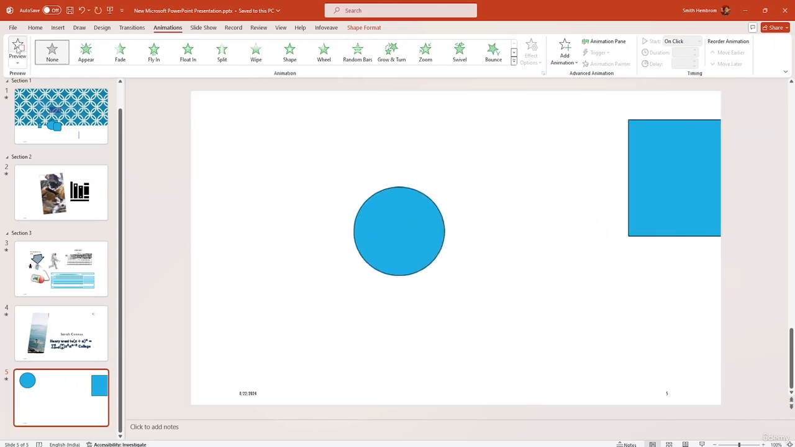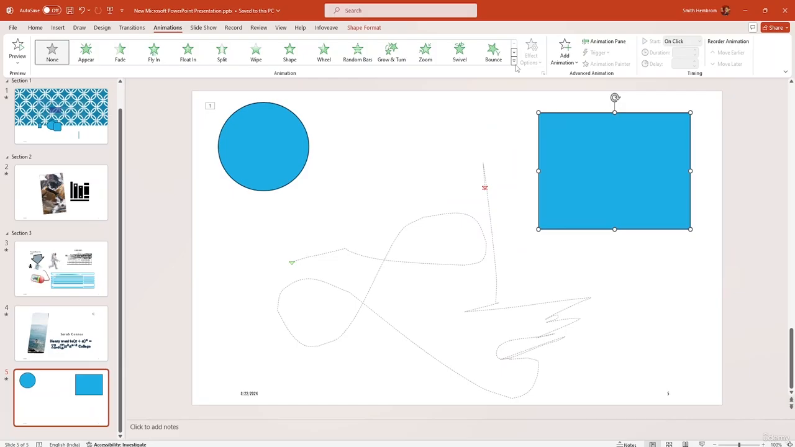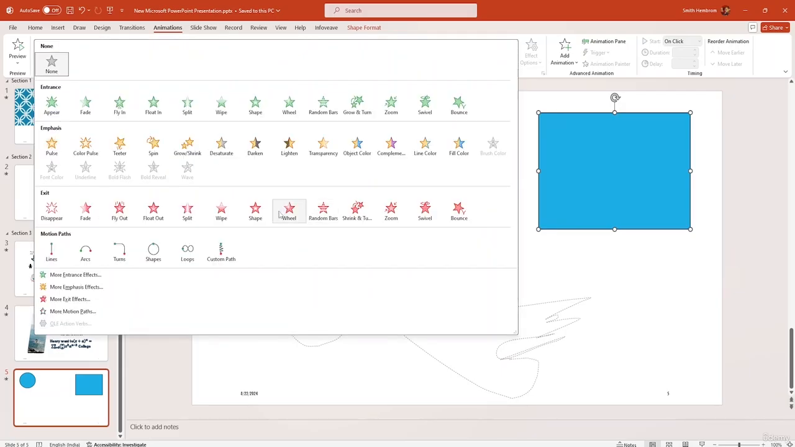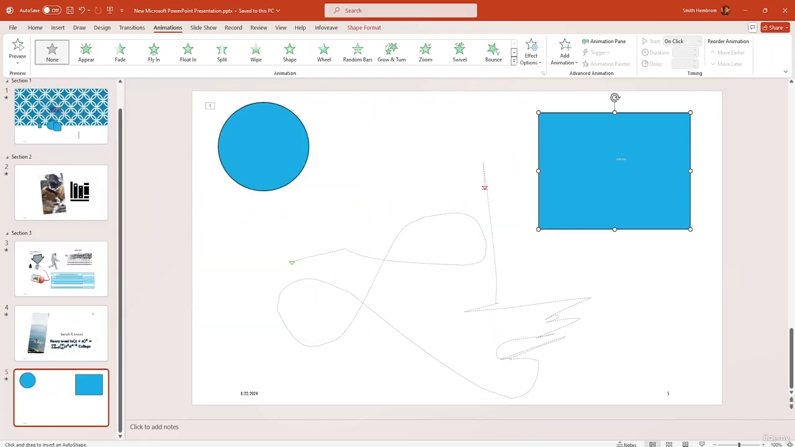Remove it, click on preview, and there we go. You'll also be able to apply the same type of animation on this one, such as I'm going to click on custom path, and if I click on here, and I want it here, here, here, I want it to go all the way up here,